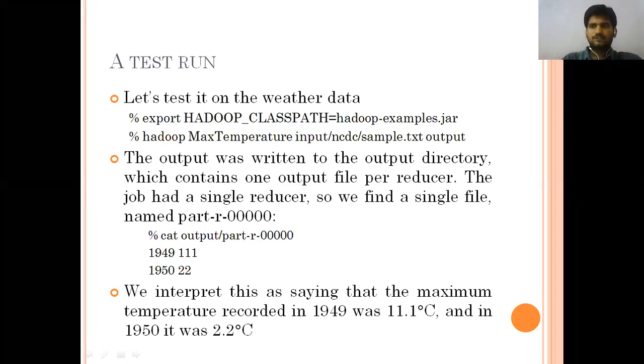What is the difference between the old and new API of Hadoop? That is the next concept, the old and new formats of Hadoop. This is the format we use in the new Hadoop way. As for the file name, how are we going to run it? See the cat output, part-r-00000. That is the output we get: in 1941, what is the highest temperature, and in 1950, what is the highest?